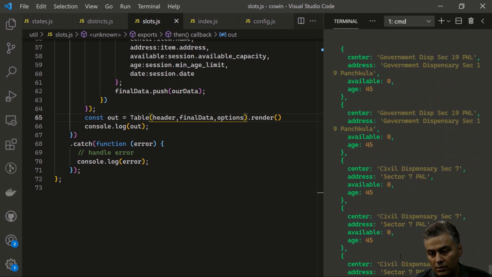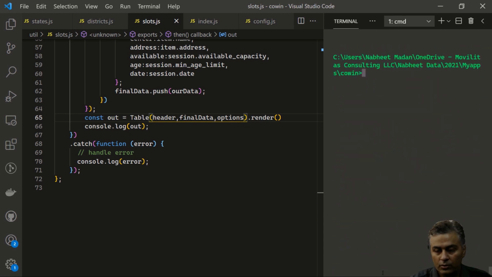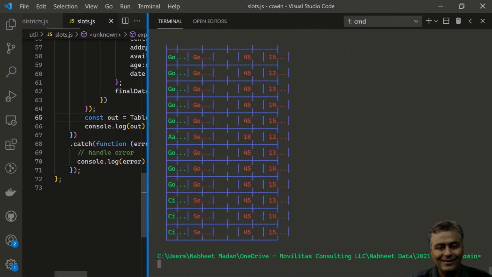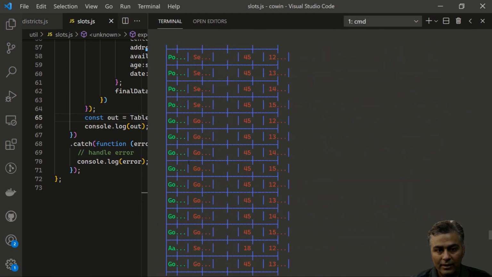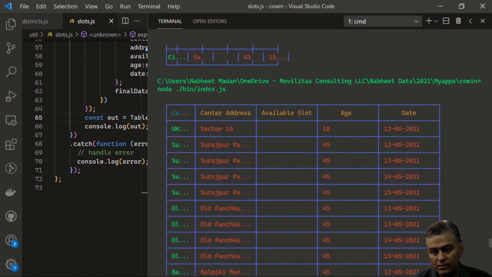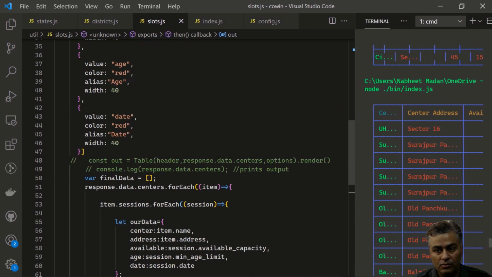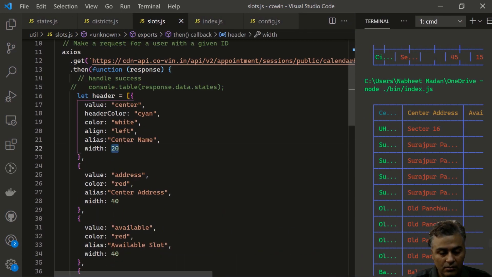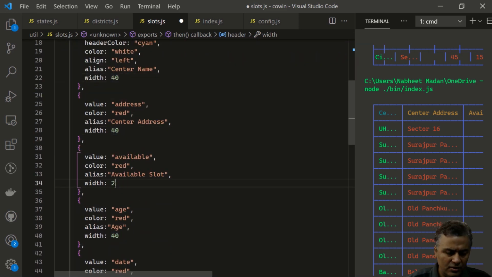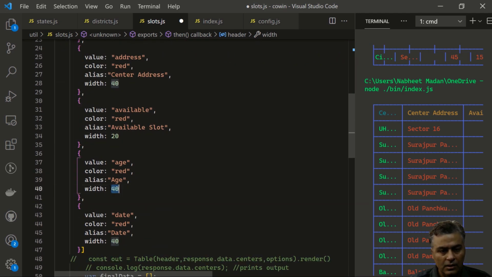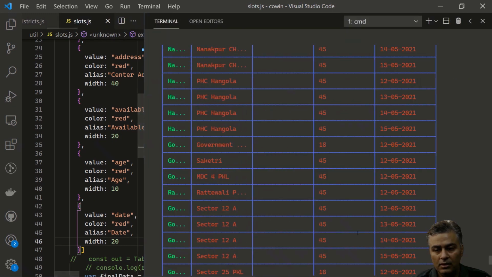Let's check how our output looks. All I need to do is run node index.js. Oh yes, because this is a small screen, that's why you see this. Now it looks like our centers need more space. Slot can be less, age can be less, and centers and center address need more space. So what we can do is give this 40. Available is very small, 20. Age is also 10, that is a single character. Date should be 20. Okay, and if I just run it now,